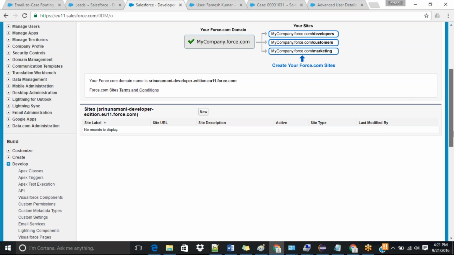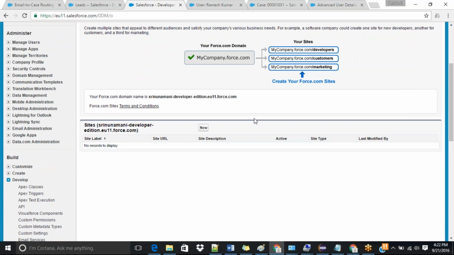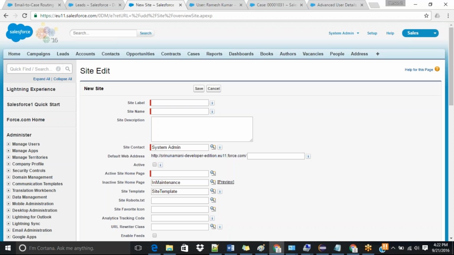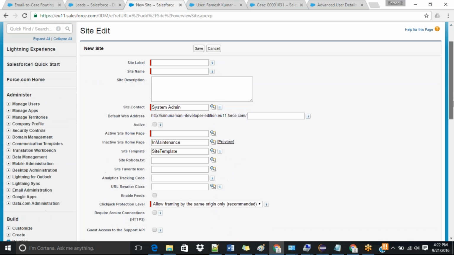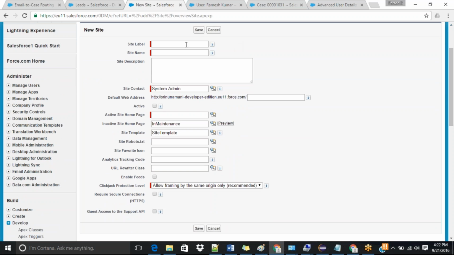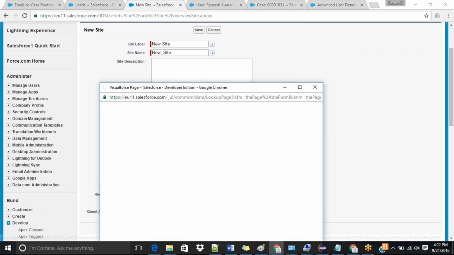and create a new site here. We just registered a domain. Now we have to create our site here. Okay, so site label, site contact, system admin. Okay, so what it is asking is active site home page. Okay, so what you wanted to display on your site, so you can develop a visual force page and you can give that visual force page here. So far we have not developed any visual force pages. So